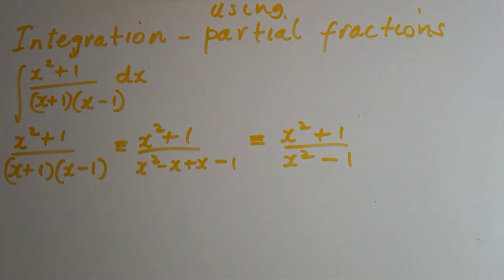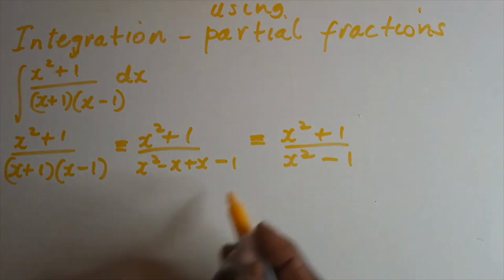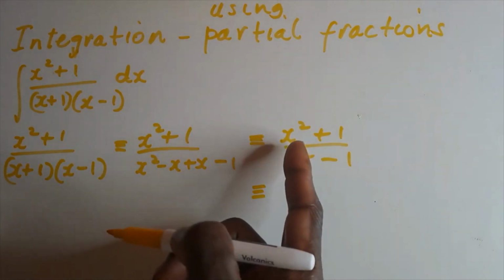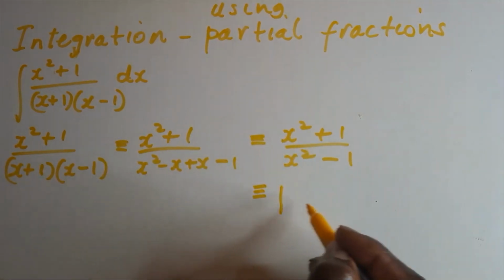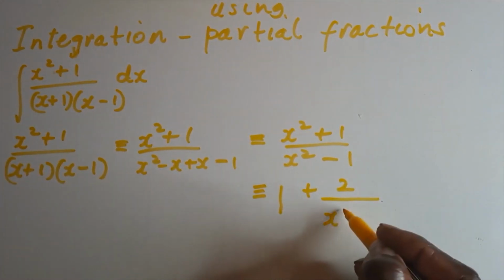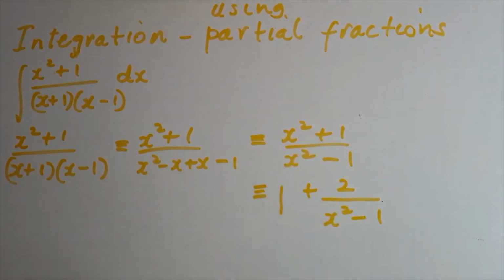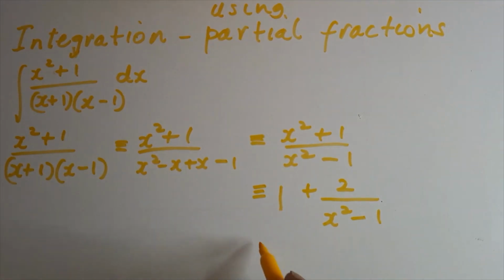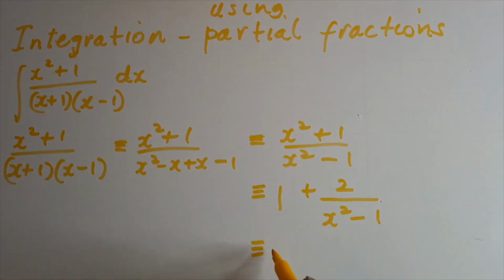Now further to this, if we divide x squared add 1 by x squared minus 1, if you do that, we'll have a remainder of 2, and so x squared minus 1 into x squared add 1 is 1, with a remainder of 2, and our denominator, what we were dividing by, is x squared minus 1. Please check this to satisfy yourself. So we can write this now equivalent to 1,